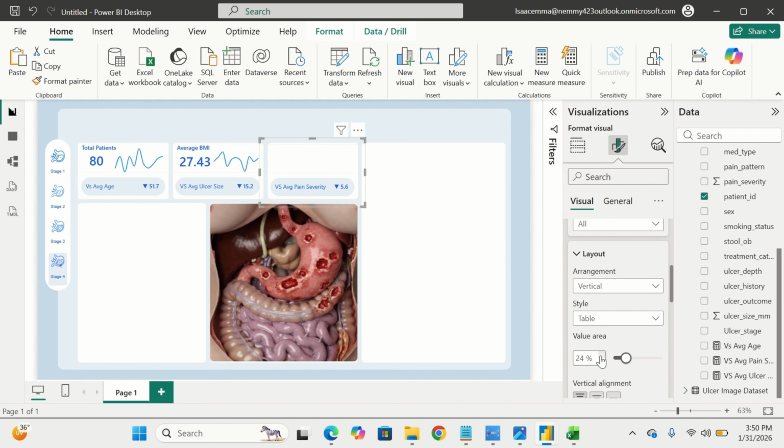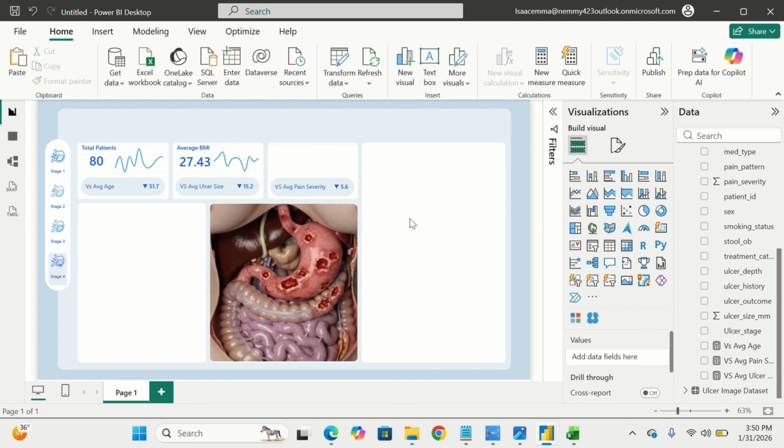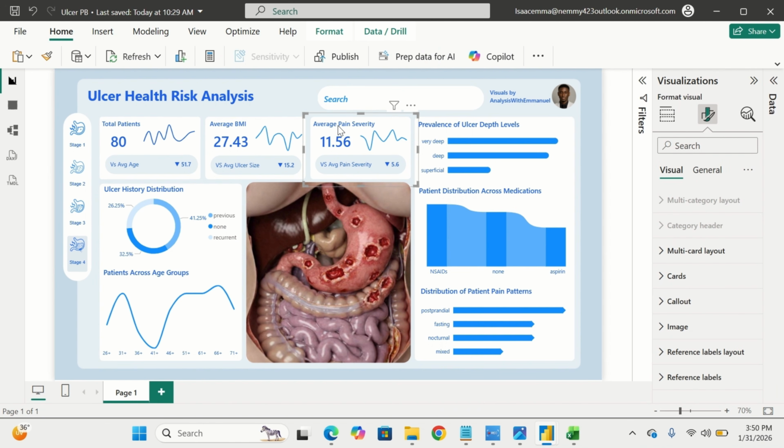Exactly. So now let's just put in 25. So in the value area, 25 is going to show everything we need. Do you understand? So it's just a matter of you understanding what we are working with today. So the next thing we're going to use is, let me just do a little bit of expo. So over here, we're going to have